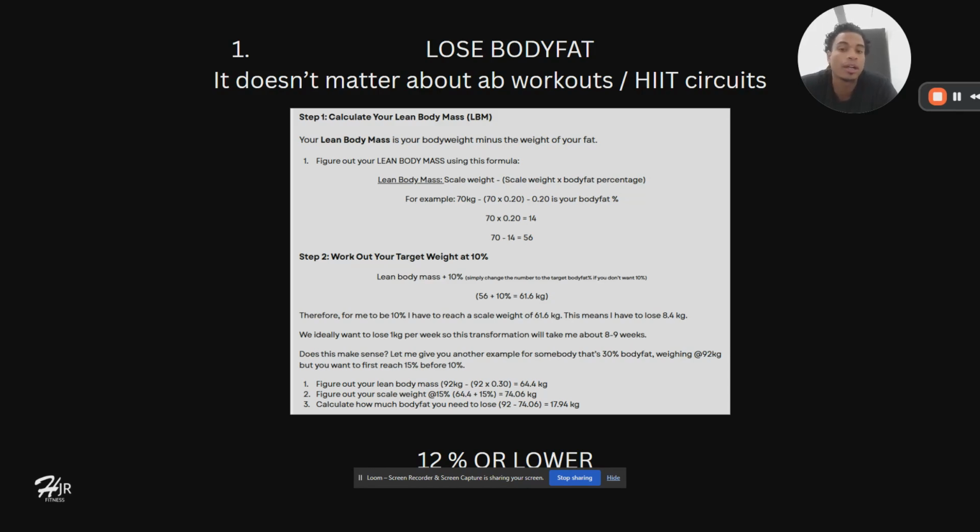Then you want to work out your target weight at 10%, the scale weight that you want to reach, which you can replace with 12. 56 plus 10% is 61.6 kg. So for you to be 10%, you have to lose around 8.4 kilograms, which will take around